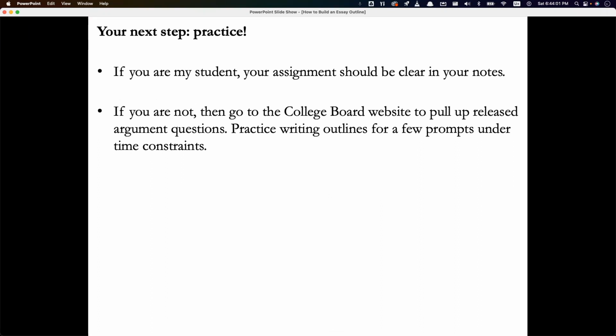So your next step here is going to be practicing. If you are my student, your assignment should be really clear to you. It should be in your notes packet, or it should be in Schoology. It's pretty likely that it's in both. It's probably in 5 places. So look for it. Make sure you complete the practice by its due date. Bring it to class, and because that's really going to help you when we do some timed writing in class,